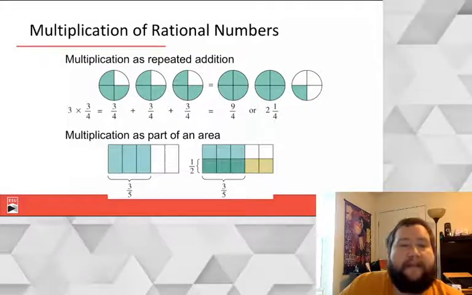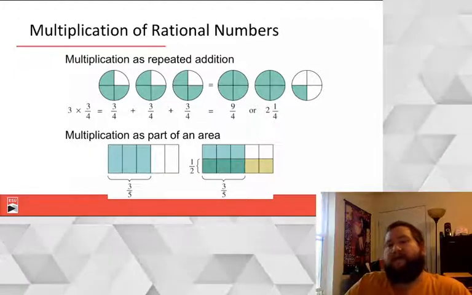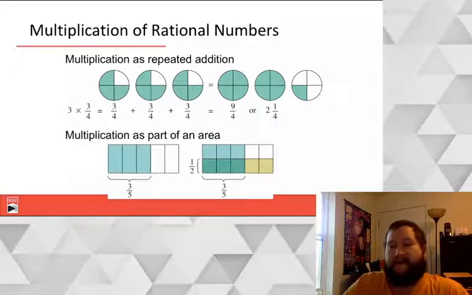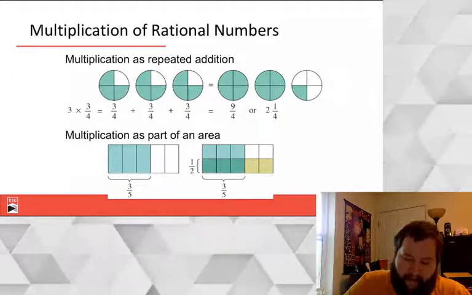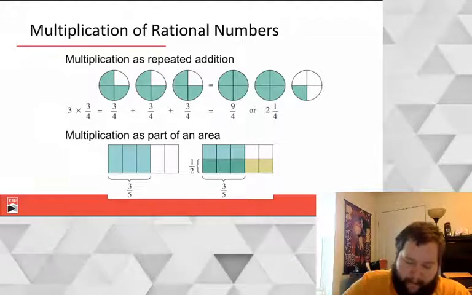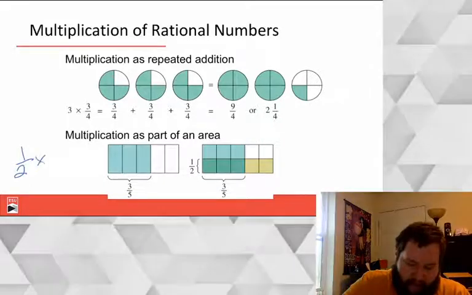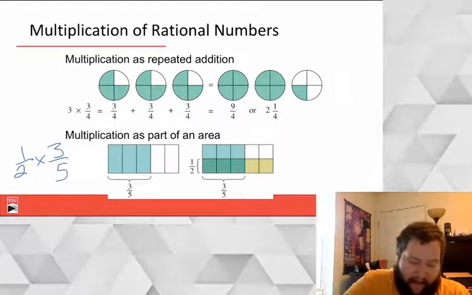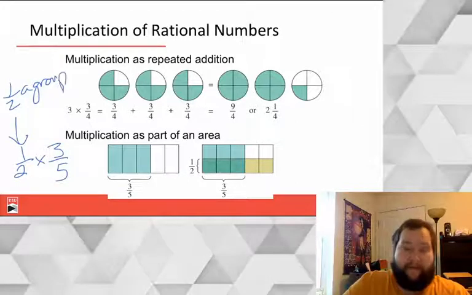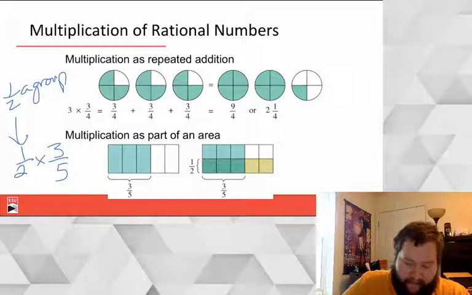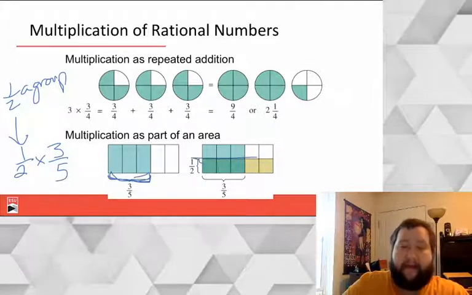We can also think of it as part of an area. And with this area, you're going to see we start to push against what if groups aren't wholes? So here, what I have is 1/2 of 3/5. I have half a group of 3/5. So first we start with 3/5. That's here in this left picture. And then I split that whole thing in half,